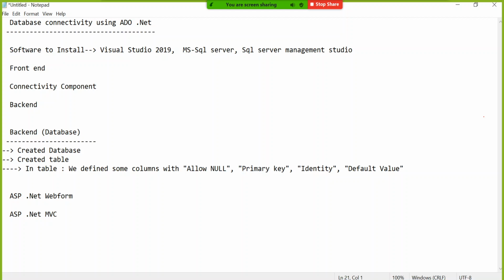In our course we have both, but web form, I will tell you, is almost going from the market. That's why we will not give much time to web form. One basic idea we will take of how to develop a project in web form, but more time we will be spending on MVC. After 2 years it might have totally gone from the market. It will not be available in Visual Studio also. Now at least it is available. After 2 years you will see this will not be available at all.